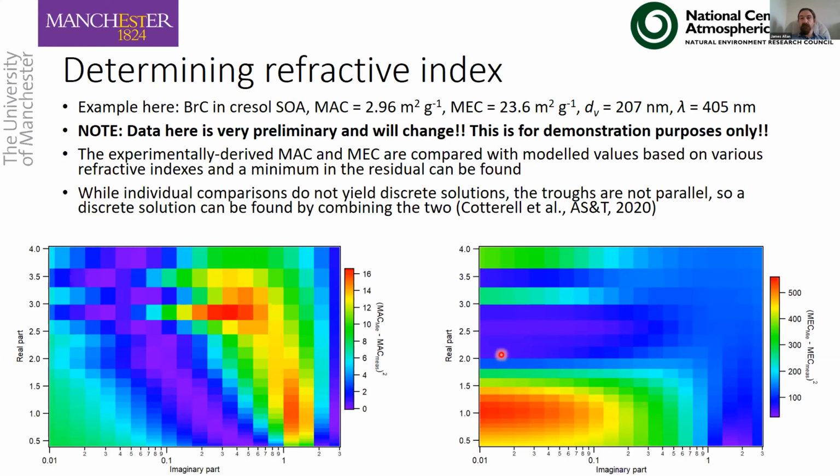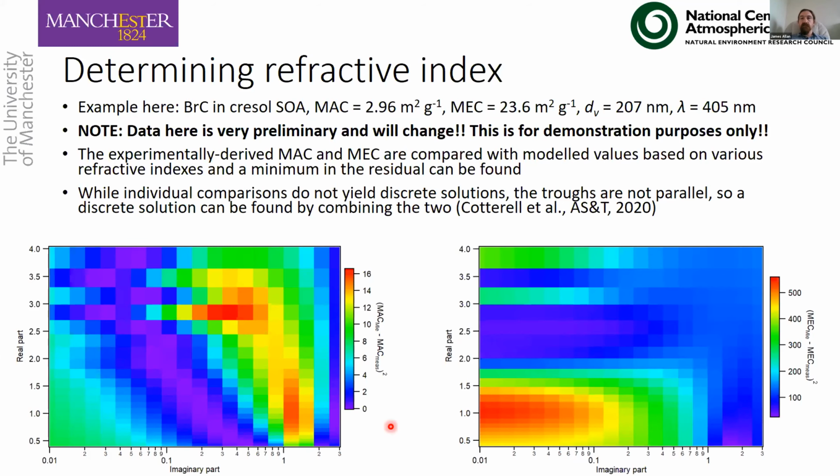Although I'll be the first to admit that the value we have here, which implies that the real part is in excess of 2, probably isn't realistic. This is probably more due to the fact that our data is not fully quality assured yet, and we need to go through it in more detail. And of course, on top of this, we can do things like sensitivity studies and so on. And then eventually, it's in a form where we could feed through to the models, but also to start evaluating